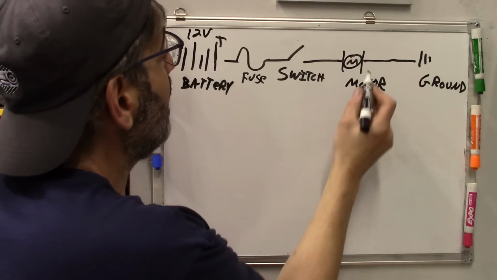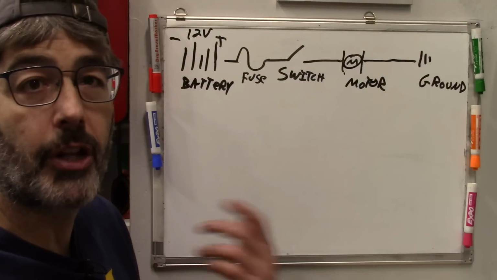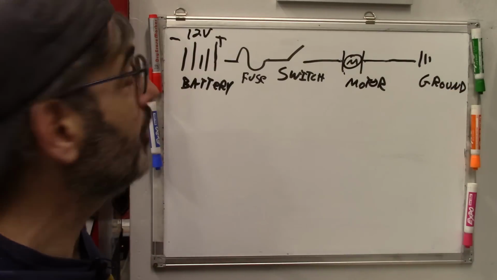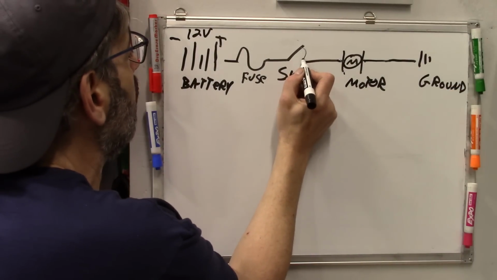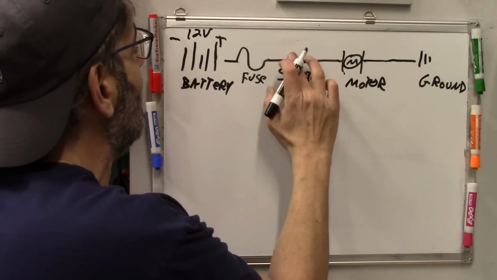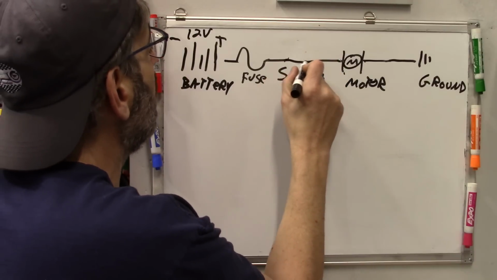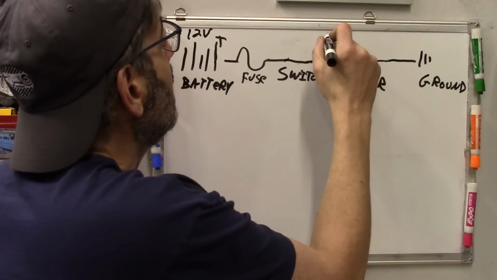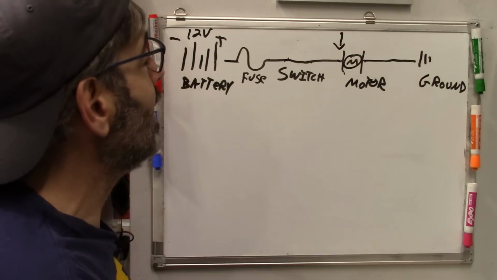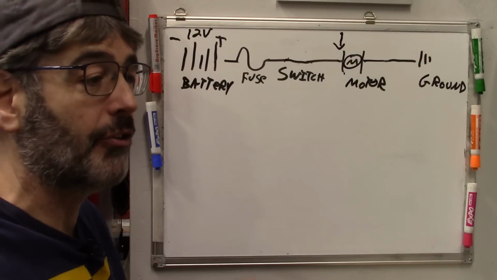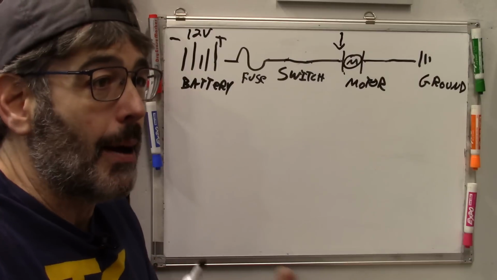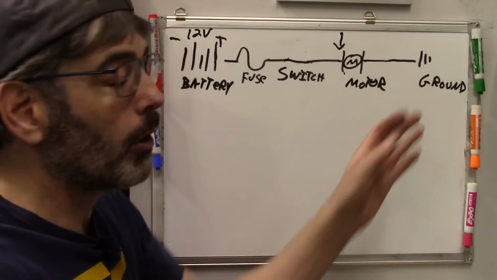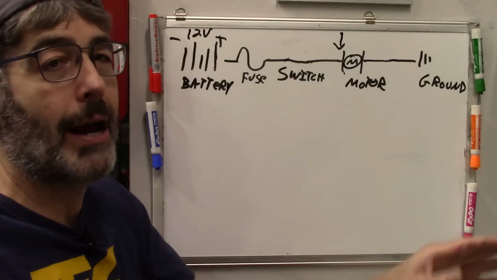All right, on the rest of this, we're going to use this symbol here. This is going to be a motor, and this is a pretty universal symbol for a ground. As you can see, if we close this switch and make contact, we would run this motor, right? Now, here's a question. If we were to look at our voltage right there before the motor, I'll give you a hint. A motor, think of it as a resistor. It's a load, to be technical. Before or after a resistance, before or after a load,